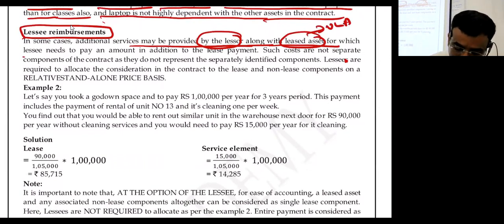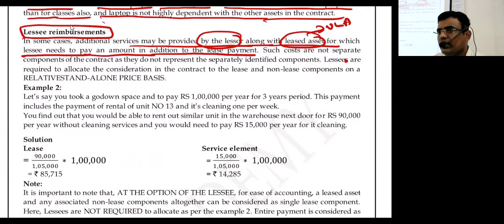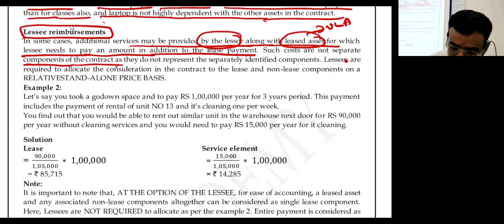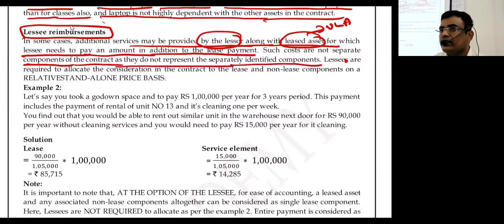For which the lessee needs to pay an amount in addition to the lease payment. I take a car under lease. Now the lessor may provide a driver also to me. Whatever the driver charges are, for that I have to reimburse. Possible? Such costs are not a separate component of the contract, as they do not represent a separately identified component. Separately identified component. Now,